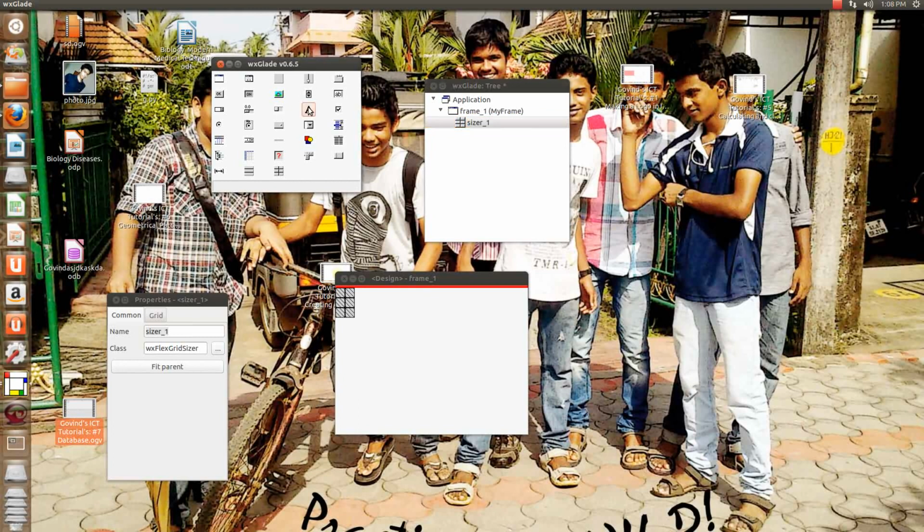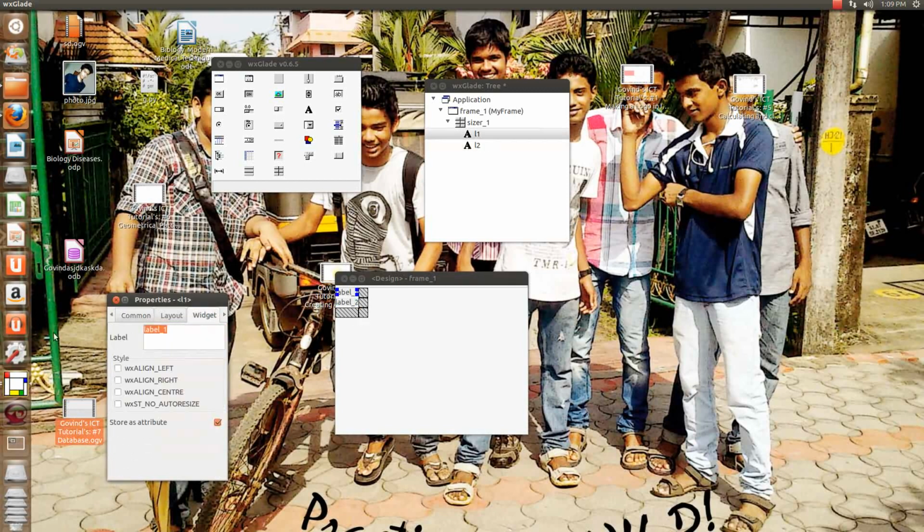The next step is to add a static text in the first row and in the first cell, and in the cell downwards from it. Rename the names in common to L1 for ease of use, and in the second as L2. Rename the widget label as Number 1 for the first and Number 2 for the second one. Now we have the columns to be entered for the two numbers.